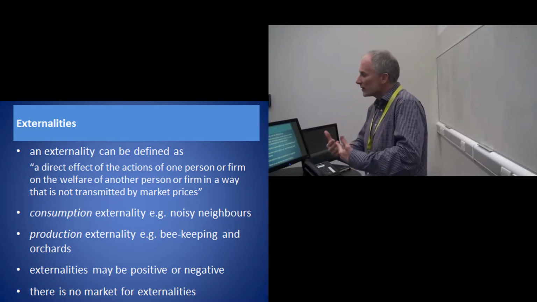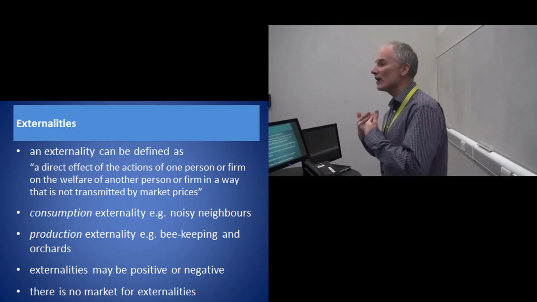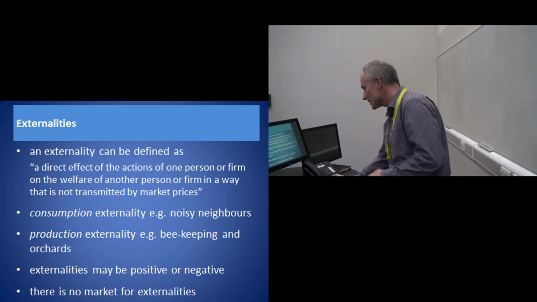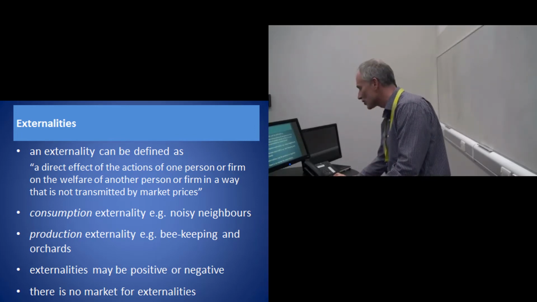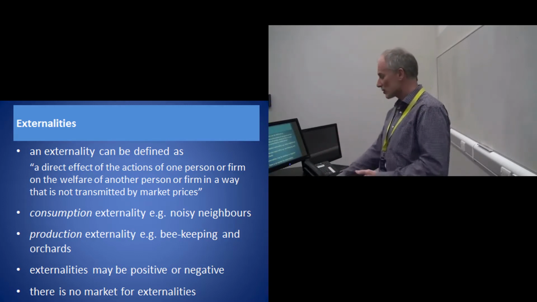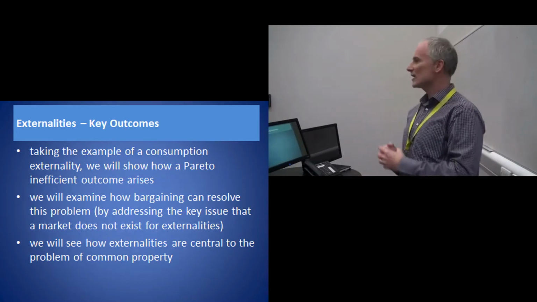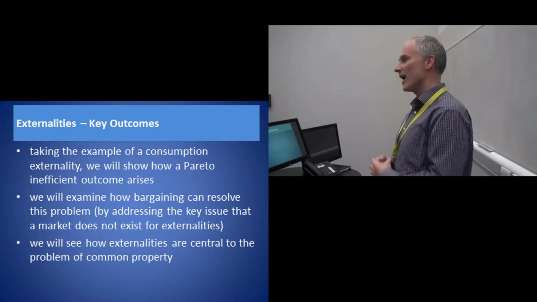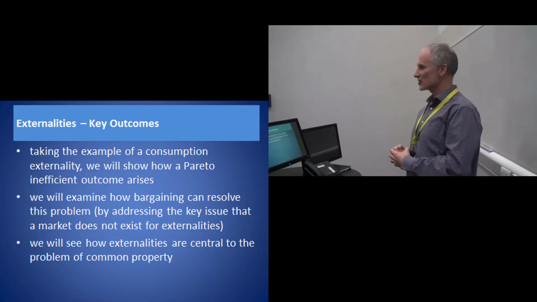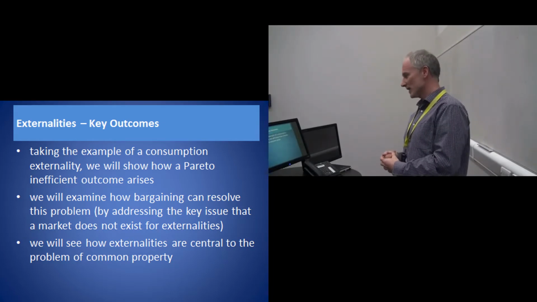Because if we have a market, we can price something, we can trade something. But invariably with externalities, the reason problems arise is precisely because of that last point: there is no market for it. And as such, we can get inefficient outcomes. Now, exactly what these inefficient outcomes are, I'll explain as this lecture unfolds. But just to give you a roadmap, I've told you what externalities are, and now a very quick roadmap of where we're going to be heading in this lecture.